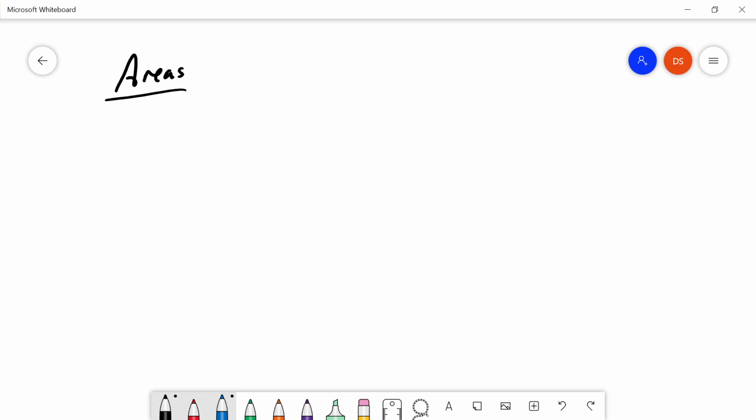Today I want to talk to you about areas between two curves. So let's quickly draw two functions. The first function can be this, and this can be my next function. If I want the area between these two functions, this part here,